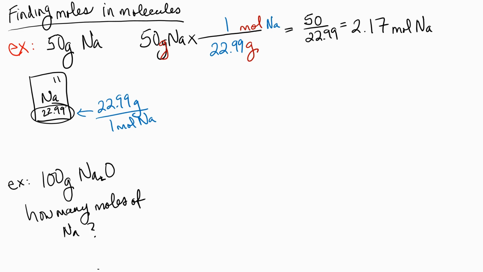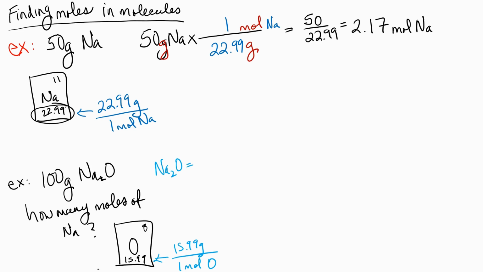So we are going to do the following. We're still going to use the periodic table. We already have Na from the prior problem, so I'm not going to rewrite it. But we do need oxygen because oxygen is in this problem. Oxygen has an atomic number of 8 and an atomic mass of 15.99. We're going to rewrite that 15.99 in the same way we did before, so 15.99 grams over 1 mole of oxygen. And so we're going to set this up. So first thing,